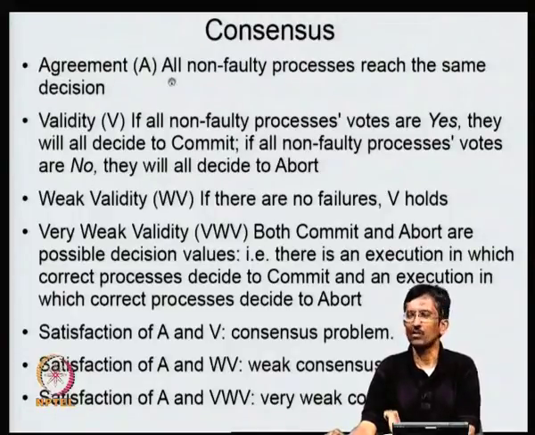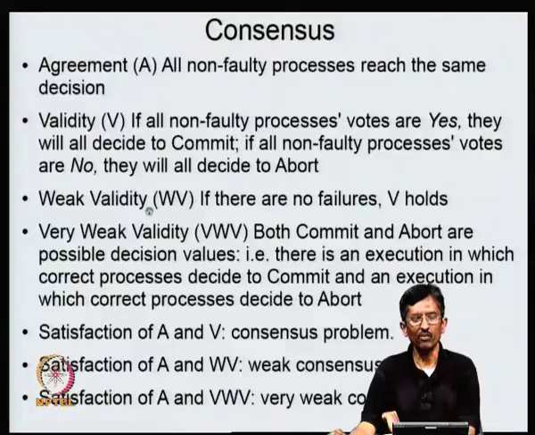Now, one thing that one should mention already is that there are some fundamental problems here itself. It turns out that detecting if a process is faulty or not is itself not feasible. Again, that comes back to FLP. So, these things are in principle infeasible. A and V together are infeasible. You need to have some weaker models. One weak model is if there are no failures, V holds. That means that, of course, there are no failures, therefore you do not have to think about non-faulty processes. Therefore, this is appropriate.